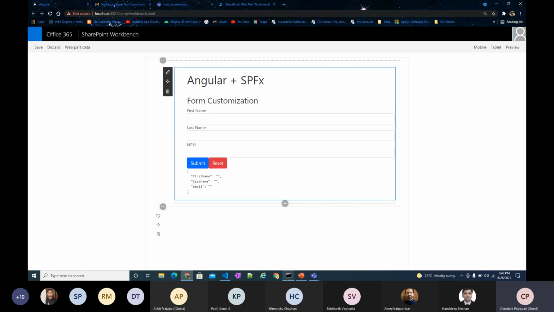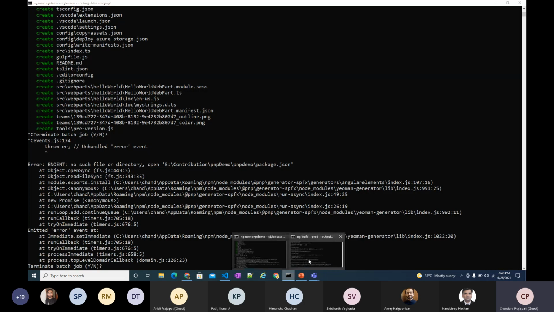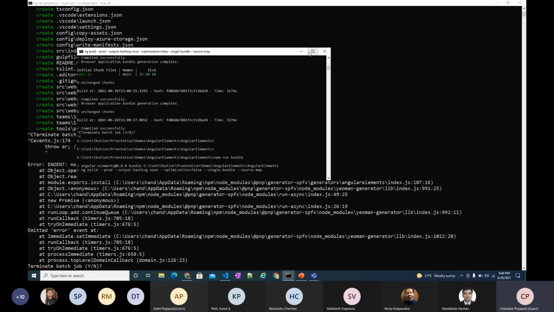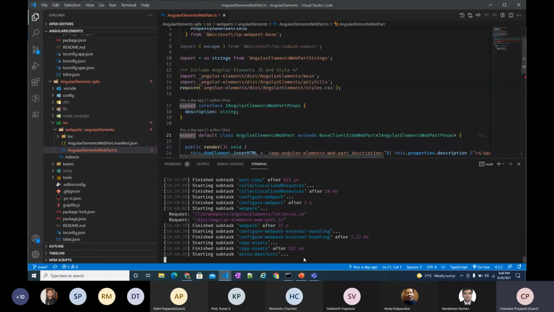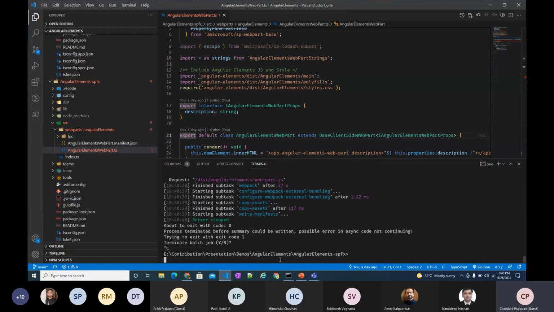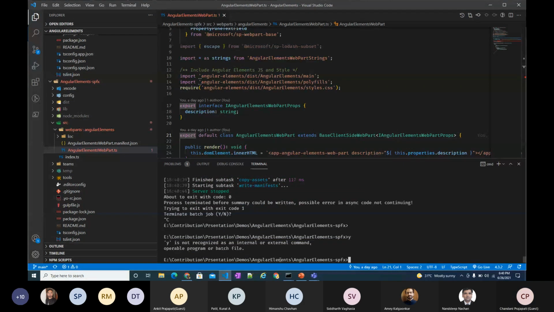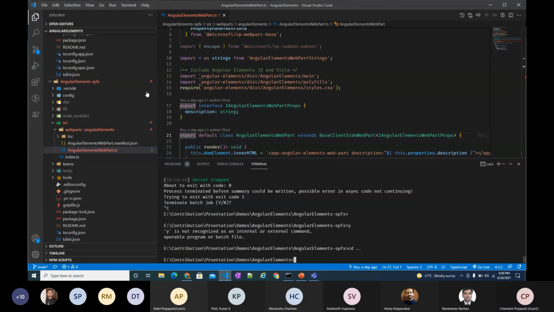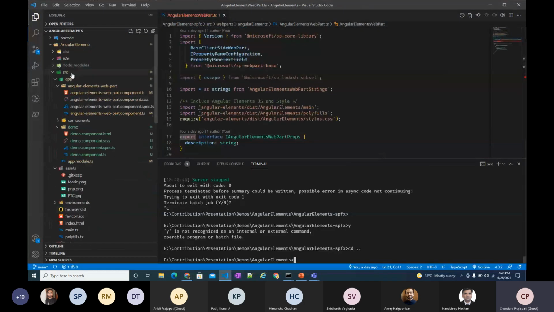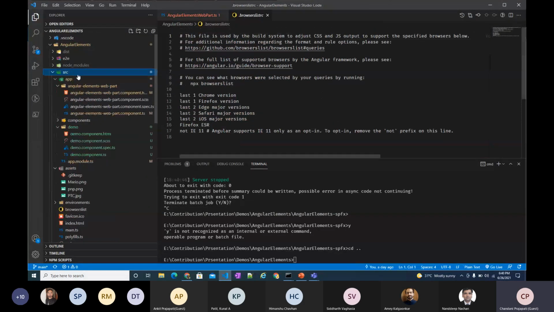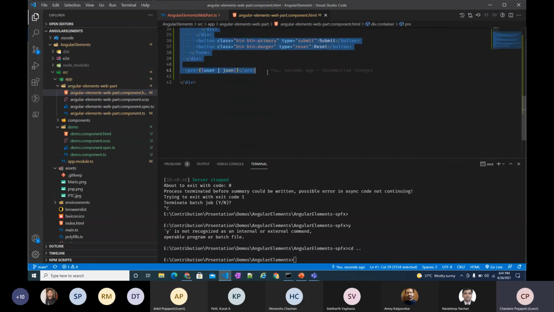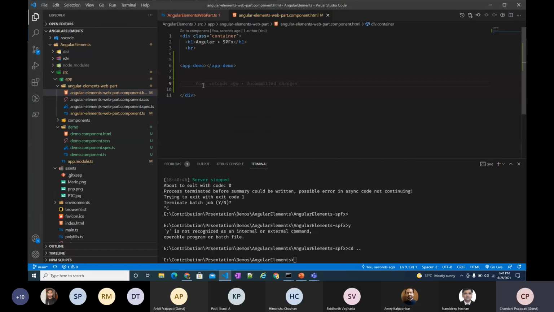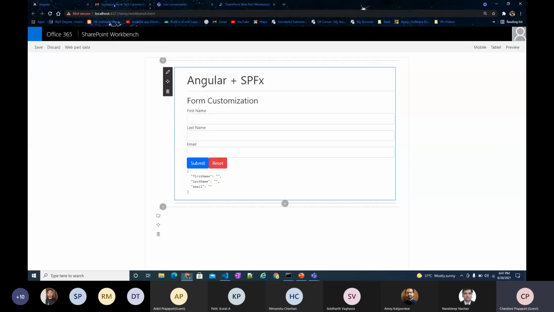Okay, let me show again. It shows form customization, but let me change this file, like in Angular, I am removing this. Actually, I had already created the bundle. That's why.